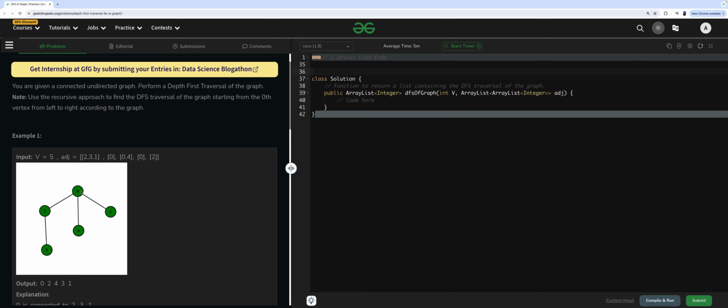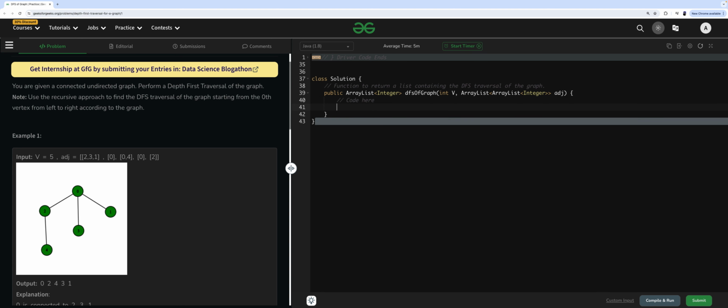So let me just clarify. This can also mean a DFS traversal. If it would be 0, 1, then back, then 3, then back, then 2, then 4. So 0, 1, 3, 2, 4 would also qualify as a depth first traversal, but since they have specifically mentioned that we need it from left to right, I'm assuming they're talking about just this traversal. So let's first do it iteratively,